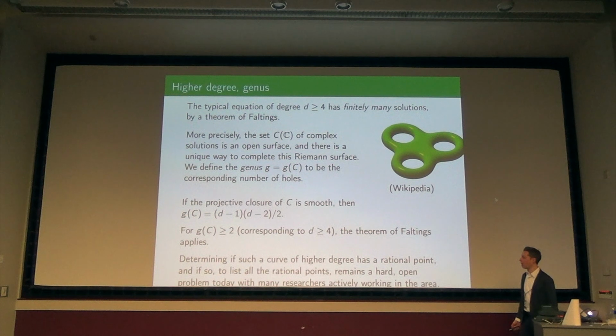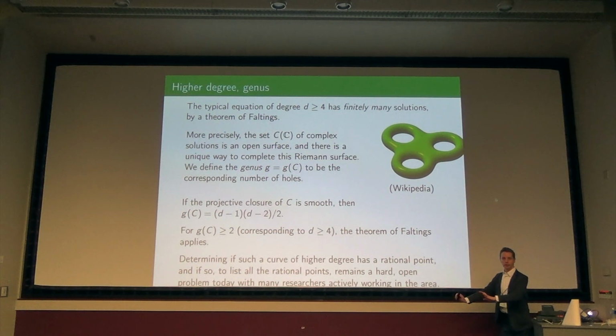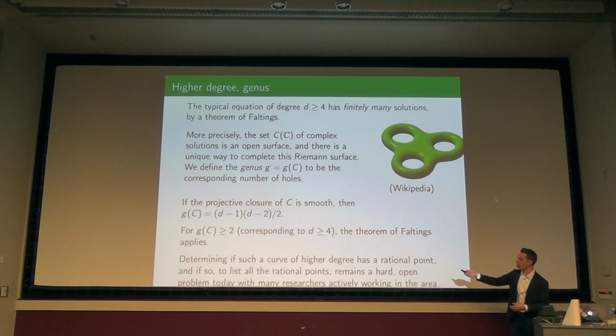All right. So now I'm going to totally not talk about this. The talk is about elliptic curves, and I'm trying to set the stage to convince you that elliptic curves are where it's exciting. Of course, some amount of my time I'm also interested in this question, but if you wanted to tell whether a higher degree equation has a rational point, and if so, to tell me the finitely many solutions, that's what we could ask. Y to the fourth minus x squared equals something, whatever. It's a hard, open problem with many researchers actively working in the area.